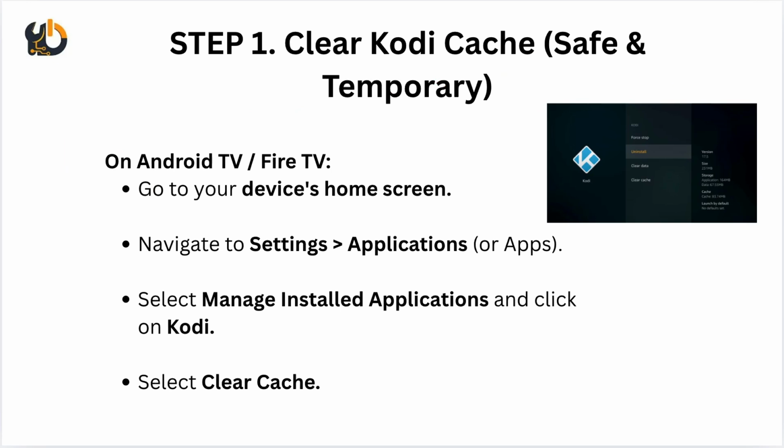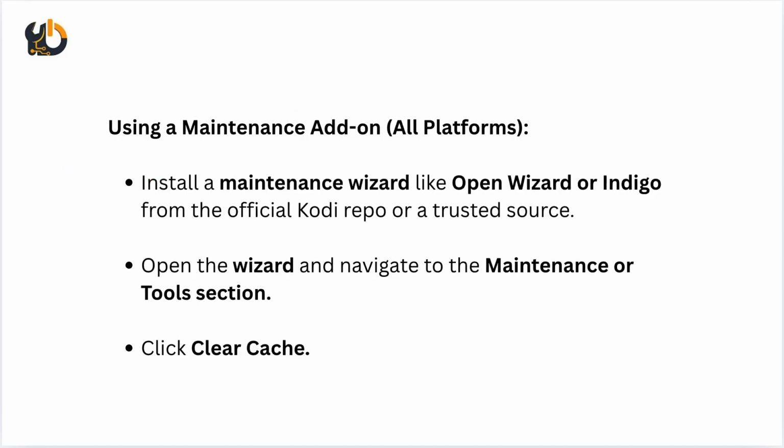On Android TV or Fire TV, go to your device home screen, navigate to settings, then applications. Select manage installed applications and click on Kodi. Select clear cache. Using a maintenance add-on, install a maintenance wizard like OpenWizard or Indigo from your official Kodi repo